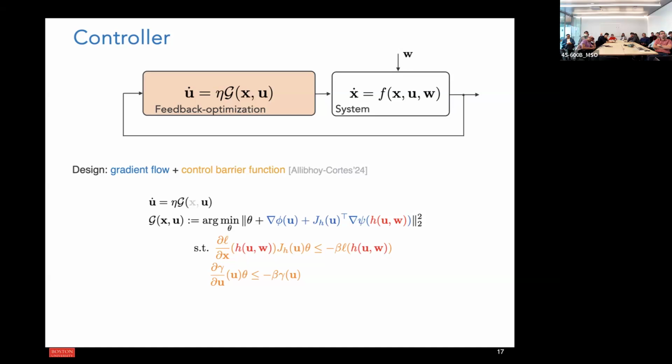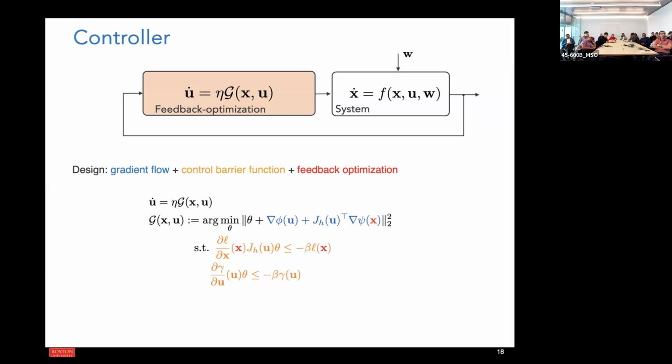However, I want to point out something. If you see here, I have the steady state map, h of u, w. So what I'm going to do now, merging also the concept of online optimization, is replace the map with measurements, thus creating this interconnection. Okay. So I get the measurement of the state, and then I replace it inside the gradient flow, and I replace it also here in the computation of these Lie derivatives.